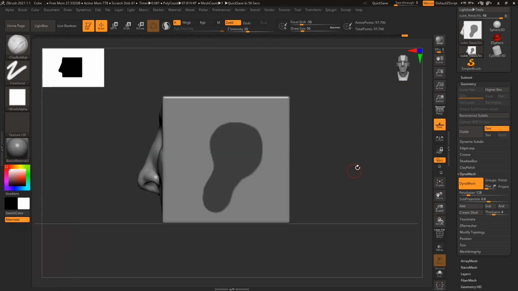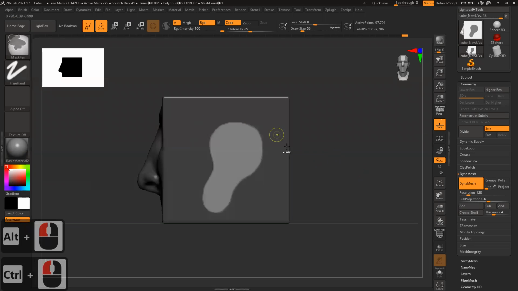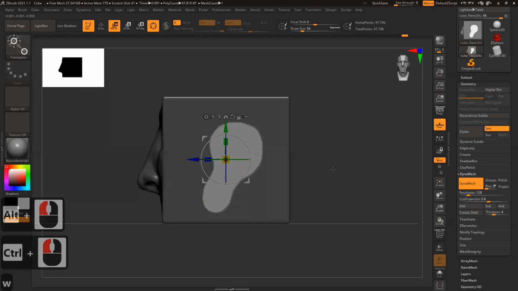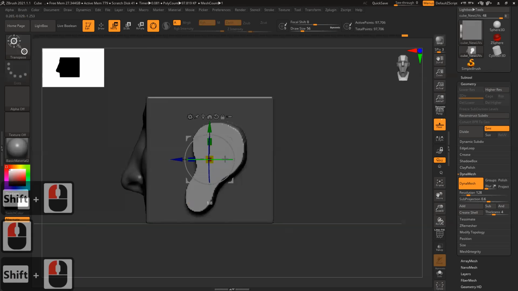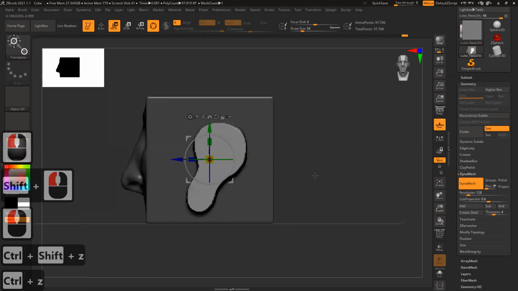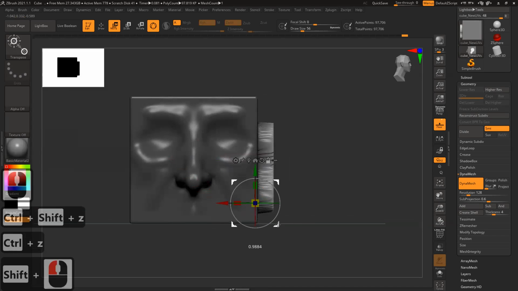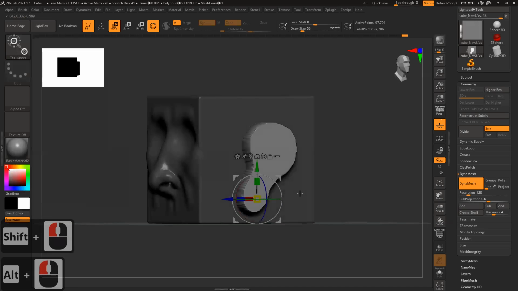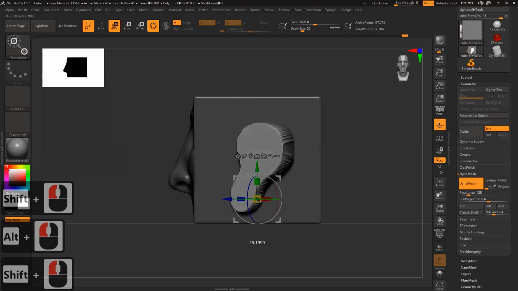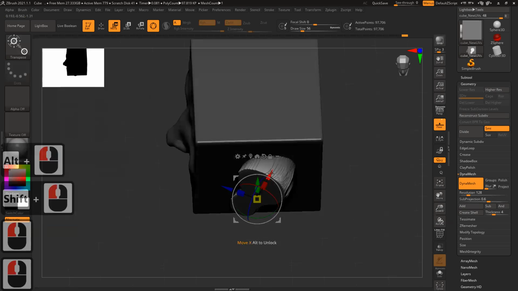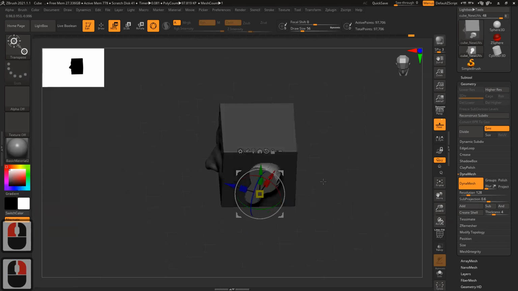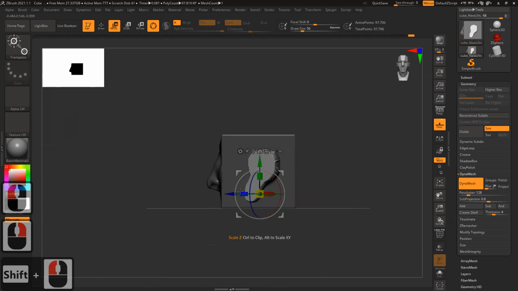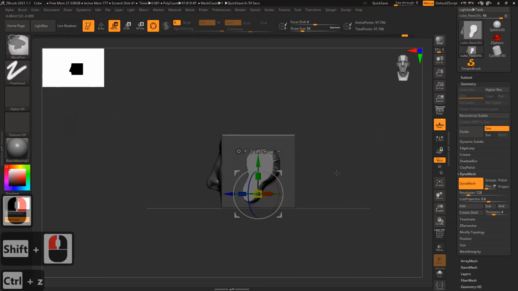There are two techniques. Either I can just simply Control-click outside, flip the mask with W, move it outside, and then, sorry, one second, and Alt, move the pivot point to this corner and rotate it to get that depth. And then with Dam Standard, I can create this volume. Either I can do this or